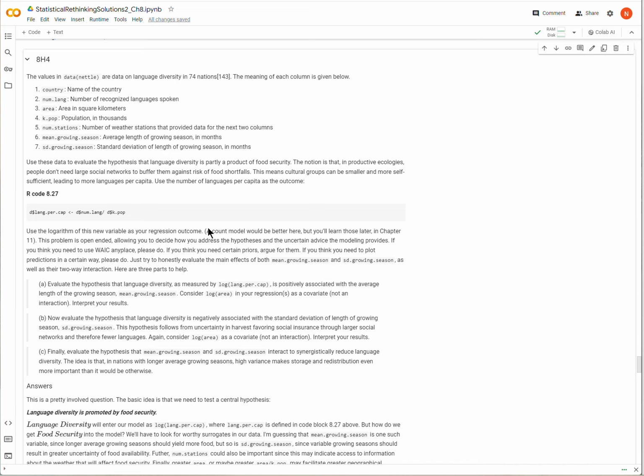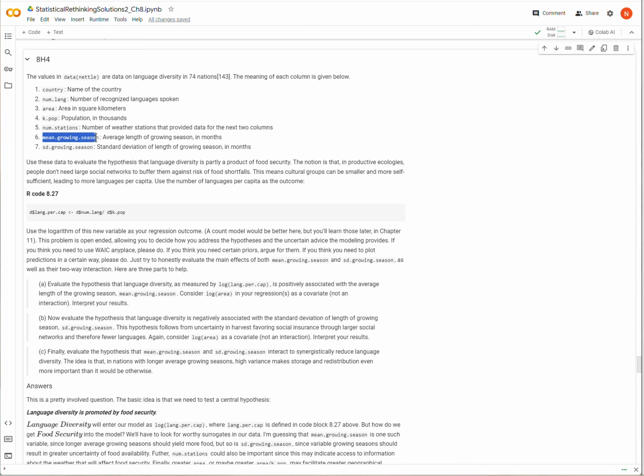The problem gives a justification for this, but basically, when food security is high, there is less need for large-scale social cohesion, and so it allows for these little pockets of cultures to persist and therefore retain their languages and maybe not share languages across the cultures. So that's the basic idea.